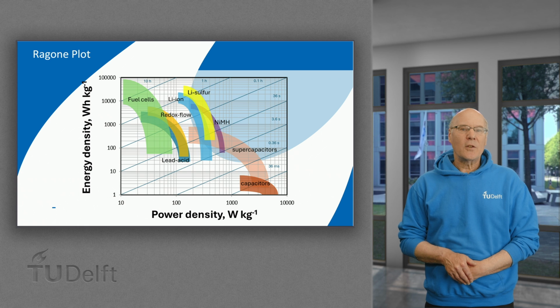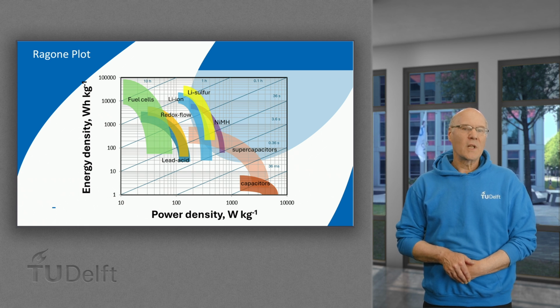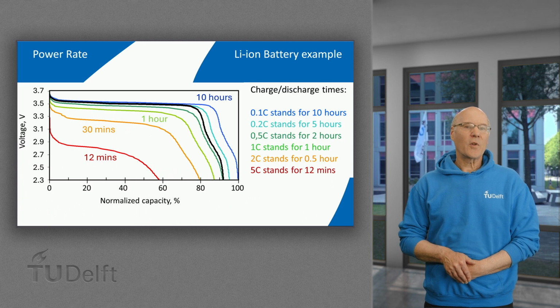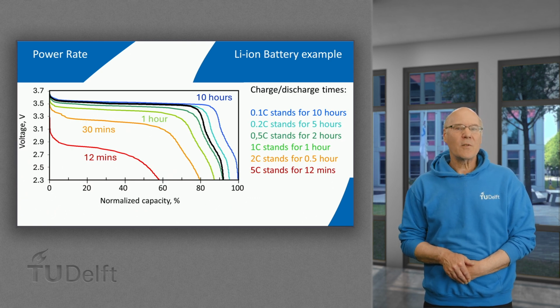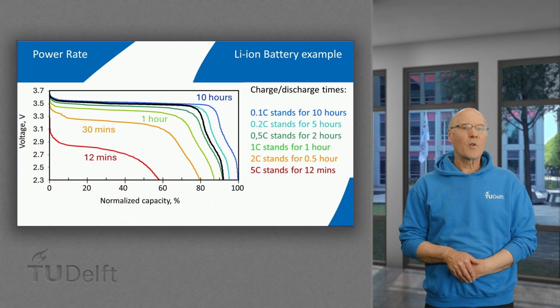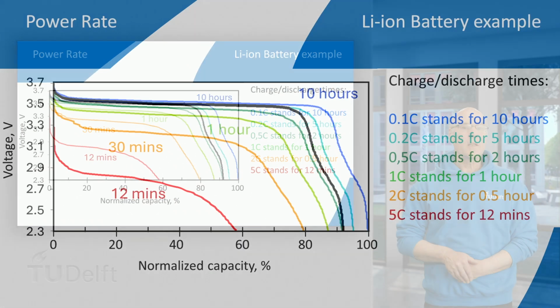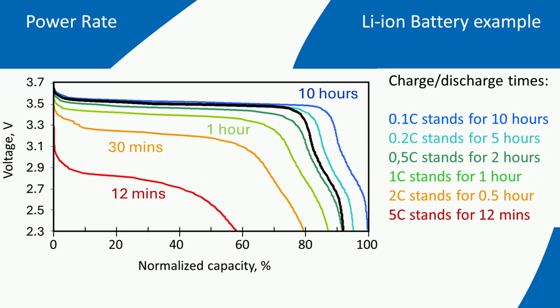Zooming in on a lithium-ion battery's performance, we see this power is typically referred to as the C rate, which stands for the number of hours the battery delivers its capacity. A C rate of 0.1 then stands for a discharge time of 10 hours, a 0.2 C rate for 5 hours, a 1 C rate for 1 hour, a 2 C rate for 30 minutes, and a 5 C rate